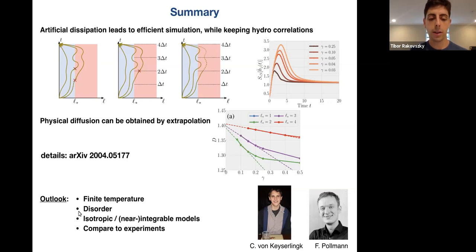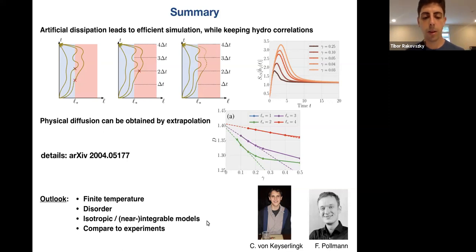Another case is systems which are integrable or near integrable, or that have a higher non-abelian symmetry. These are things that people have been looking at recently, and there are all sorts of interesting transport behavior that can arise here. It's also interesting in itself to see whether we can capture transport in an integrable model. We have some results which suggest that although it doesn't work as well as in non-integrable ones, it still works quite well, and probably better than many of the other methods that